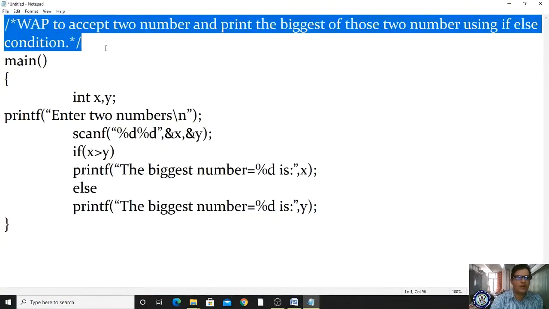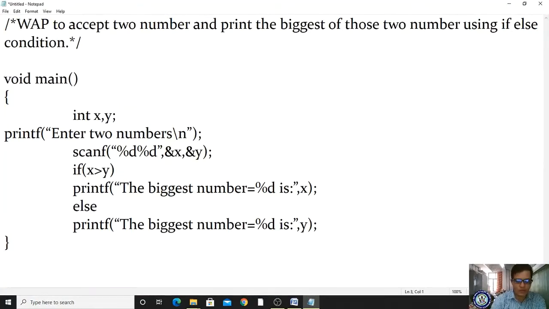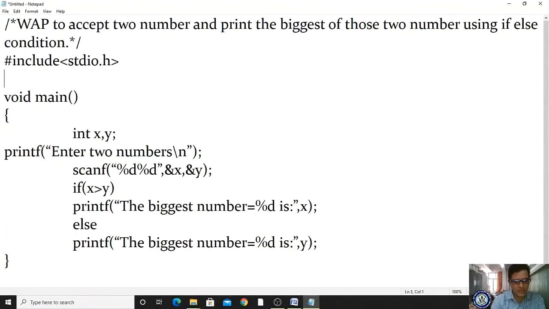So this is the command line. We have to develop this program. What is the aim of the program? We should always write void main, then #include <stdio.h>, next #include <conio.h>. This is necessary. So we have to read two numbers and calculate which one is the biggest. Got it? To do that, I am using the if else statement.